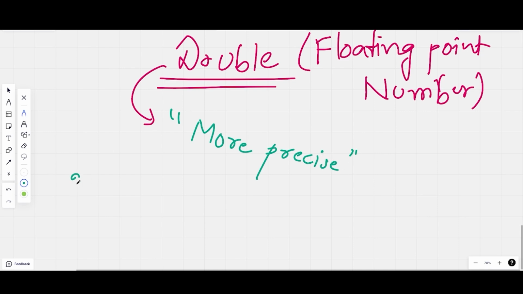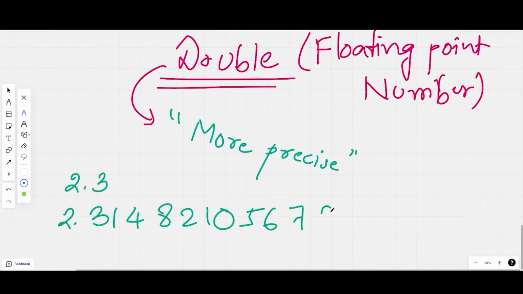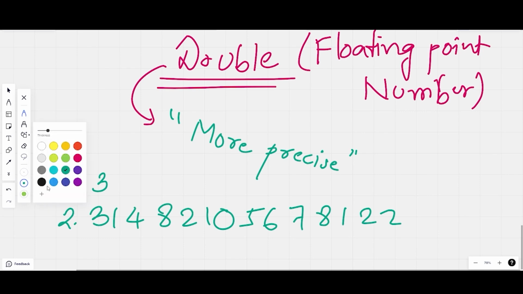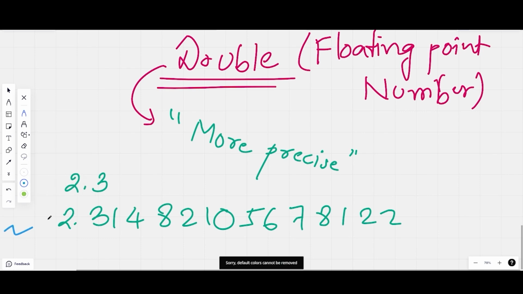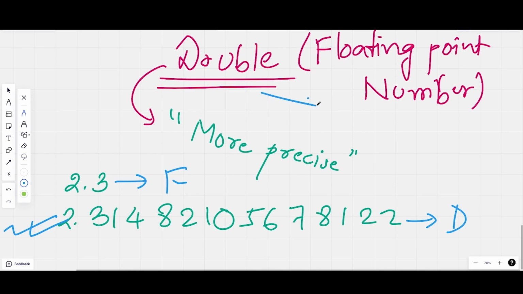For example, if I write a number 2.3 and in the next line I write the number 2.314821056781122, which number do you feel is more precise? Obviously it's the second one. So this number will come in the category of double, and this number will come in the category of float. Very simple to understand. Now since it has to take a very precise value, double needs more memory, so we give it 8 bytes of memory.